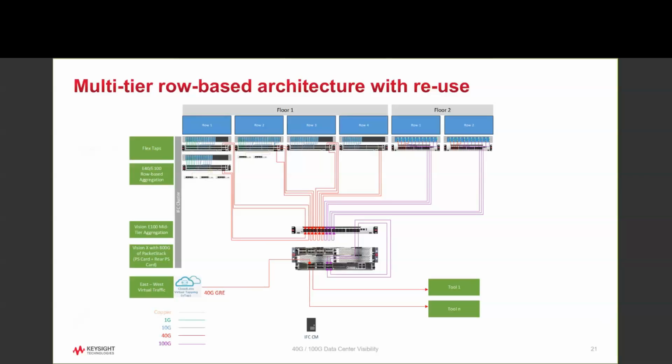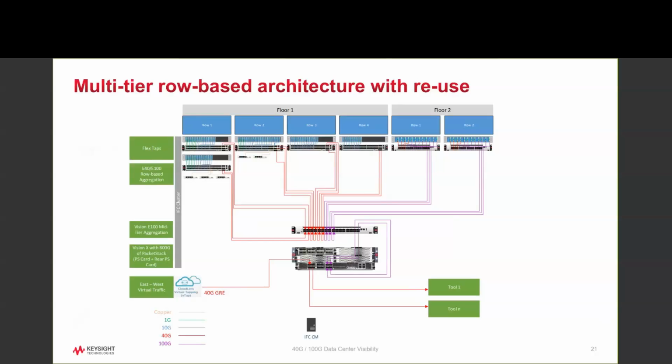They had a need to build out 40 and 100 gig connectivity, and so they added a new floor. And all of the existing deployment was reusable